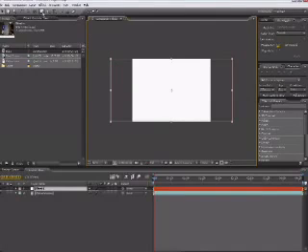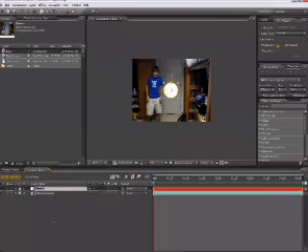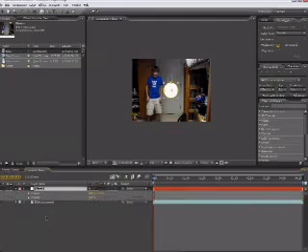Next, we need to make an elliptical mask. So go up here. If you don't see the elliptical mask, just hold down on your mouse and this little menu will pop up. Choose the elliptical mask. Hold Shift, click and drag, and now you have a nice white mask there. Perfect circle. Okay, select your solid down here, and on your keyboard press T, hold Shift, hit P, M, and